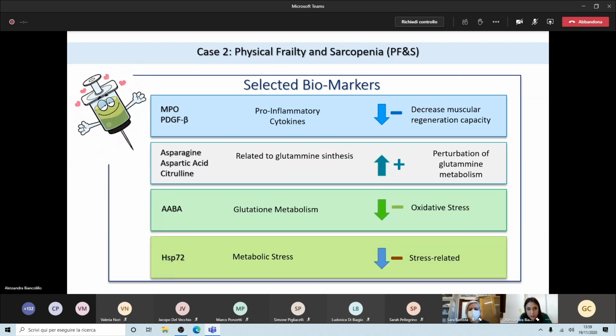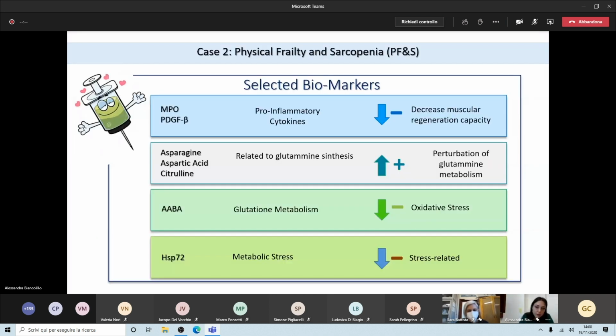Then we selected 3 markers of inflammation, asparagine, aspartic acid, and citrulline, which are related to the synthesis of glutamine. These analytes are generally higher in concentration in the serum of the cases, and this indicates a perturbation in the metabolism of glutamine. Eventually, we selected other 2 analytes, which were lower in concentration in the serum of the sarcopenic patients, and these are related to oxidative and metabolic stress.